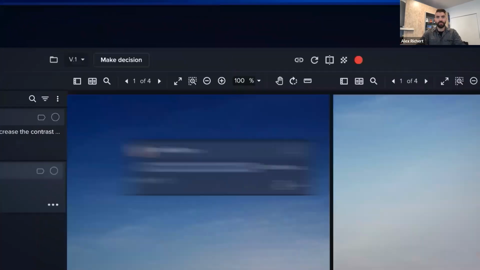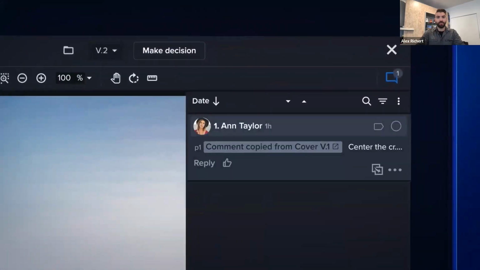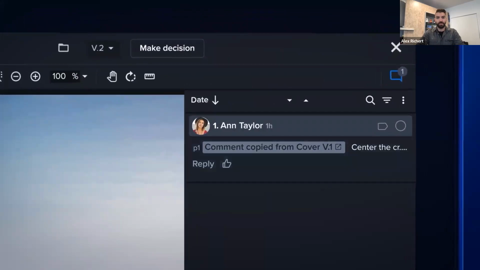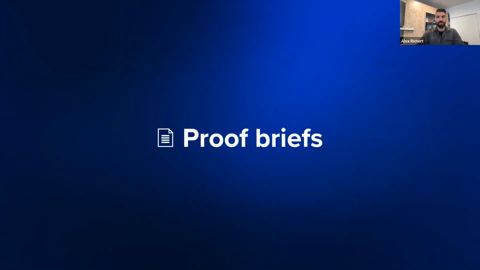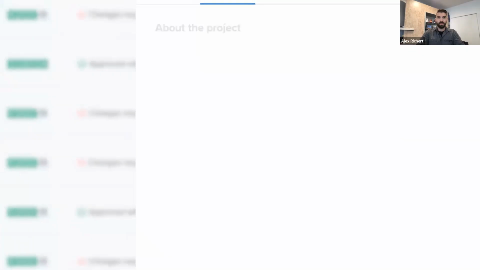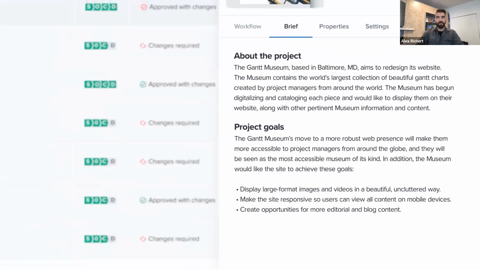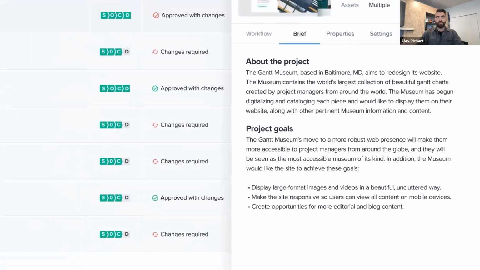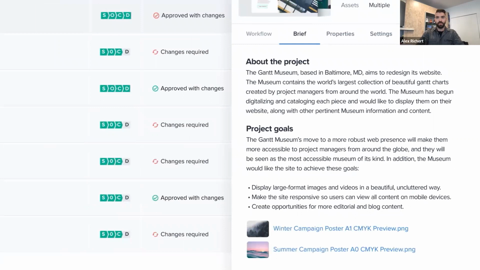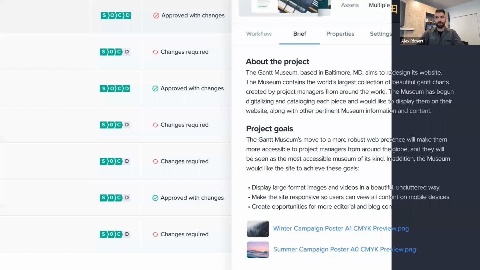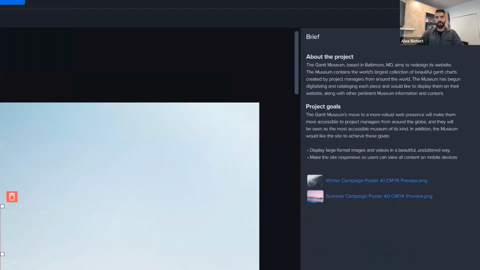The enhancement lets teams quickly surface overlooked changes that need to be actioned before final sign-off. A high-quality creative brief dramatically improves the quality of any creative project. Ziflow's proof briefs are the perfect way to align team members and give them an overview, timeline, milestones, and goals of a project. Proof briefs can include formatted text, links, and reference files, which will all be visible in the